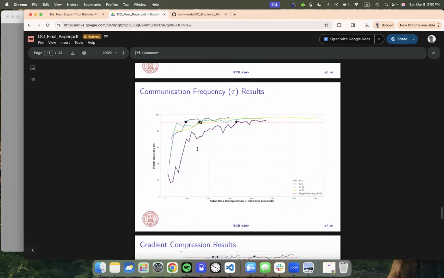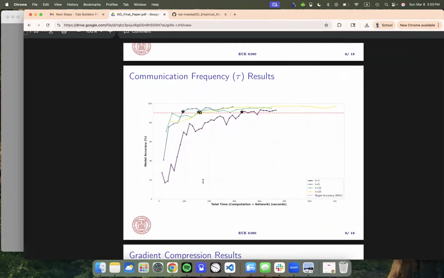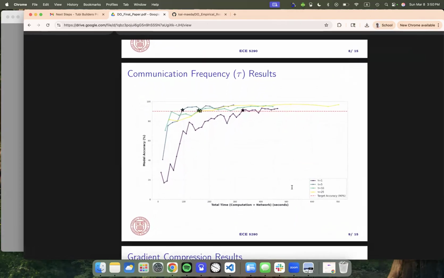So let's go into the results. As you can see here, there is a trade-off. If you have too low of a communication round, you're going to have all this volatility because there's not enough workers who can smooth out your curve.